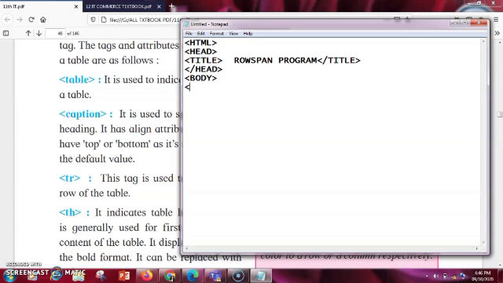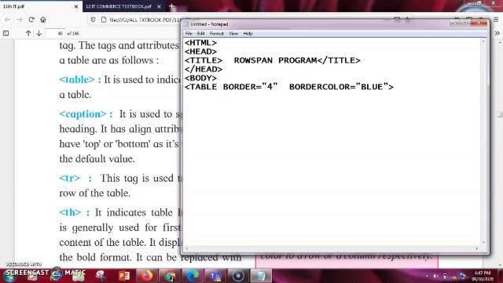Here we'll start with a table tag by giving it a border. Border is equal to, I'll give here 4. We can also give a color to the border by giving border color. There is a spelling mistake here. So bordercolor, and we'll give the value of whichever color border you want. I'll give blue. So this is how you can give a border to it.